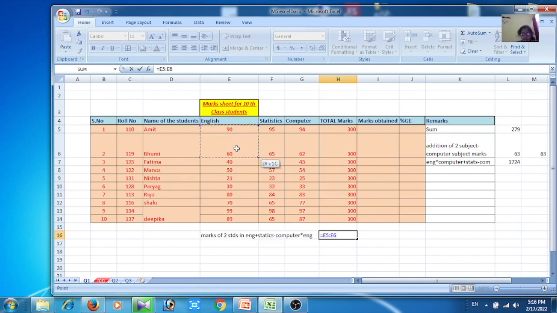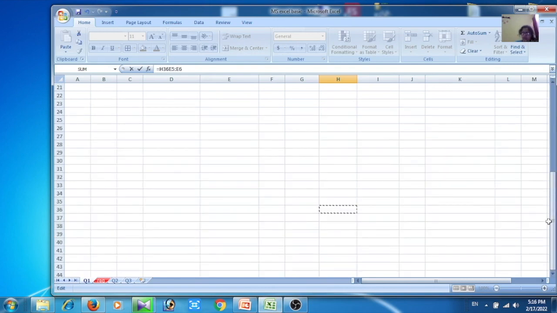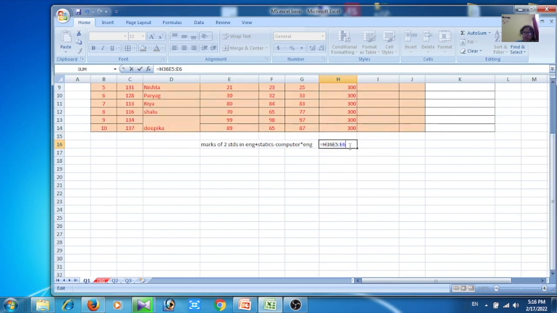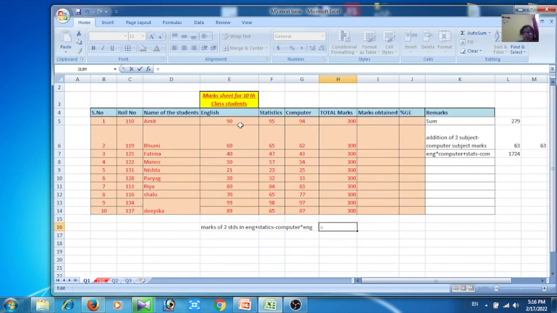There may be any name or so. For example, I'm taking these marks of English, sum of, so you can write the sum bracket, or you can apply simply, I'll tell you, this cell plus marks of 2 students in English, bracket close, bracket start, bracket close, then plus statistics, bracket start. You can select the range also if you don't want to write,